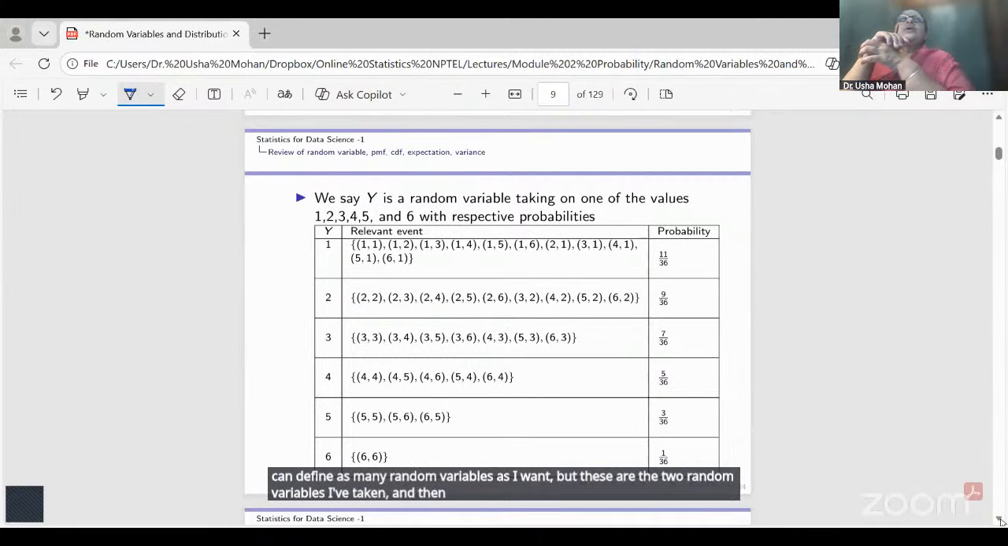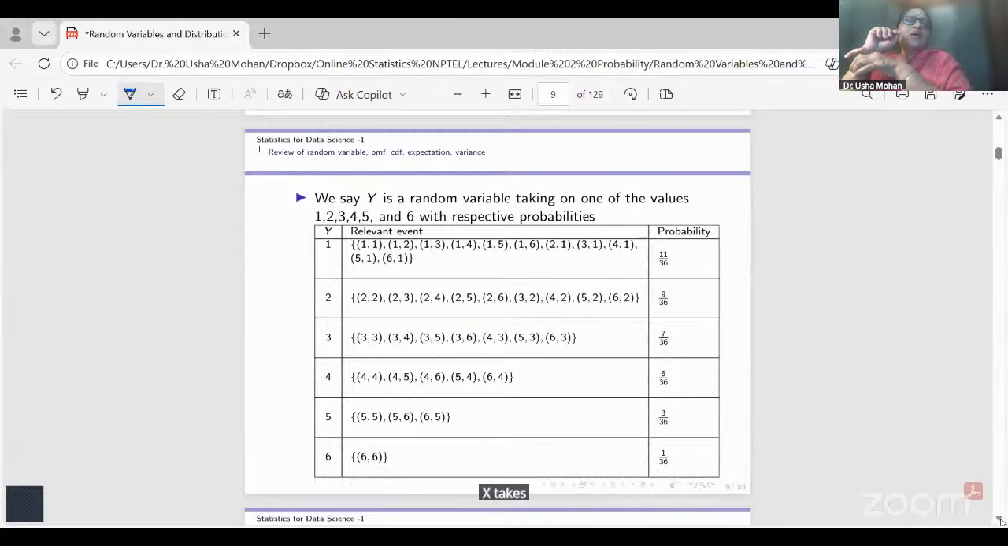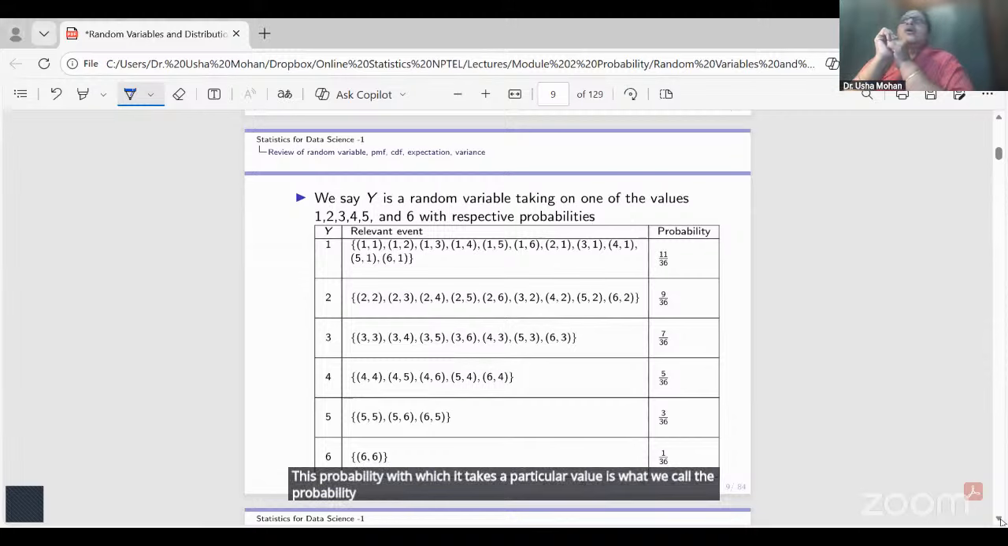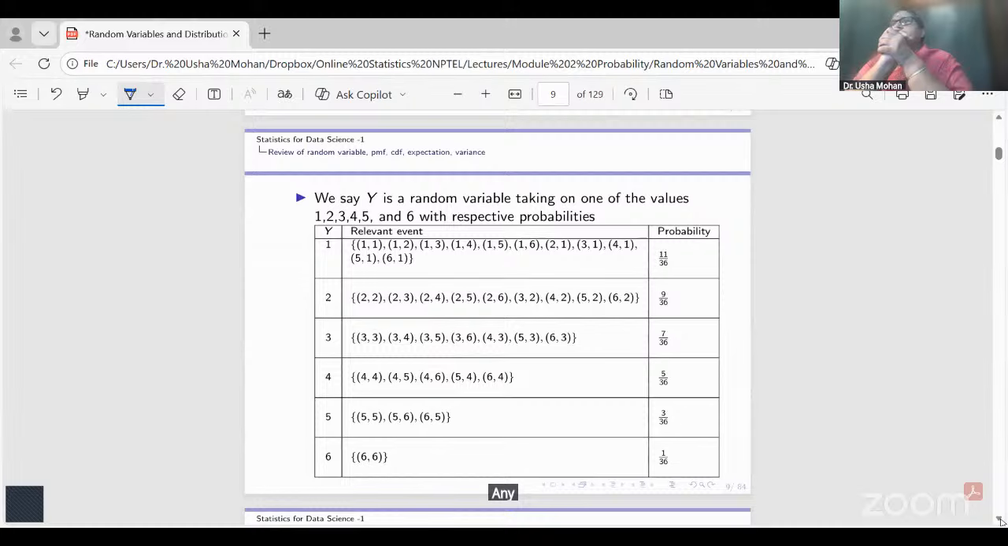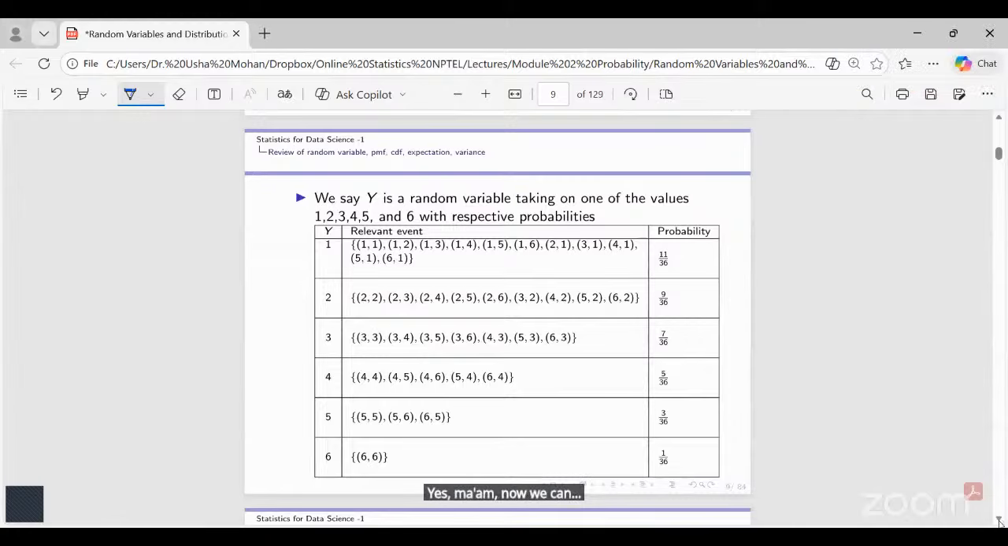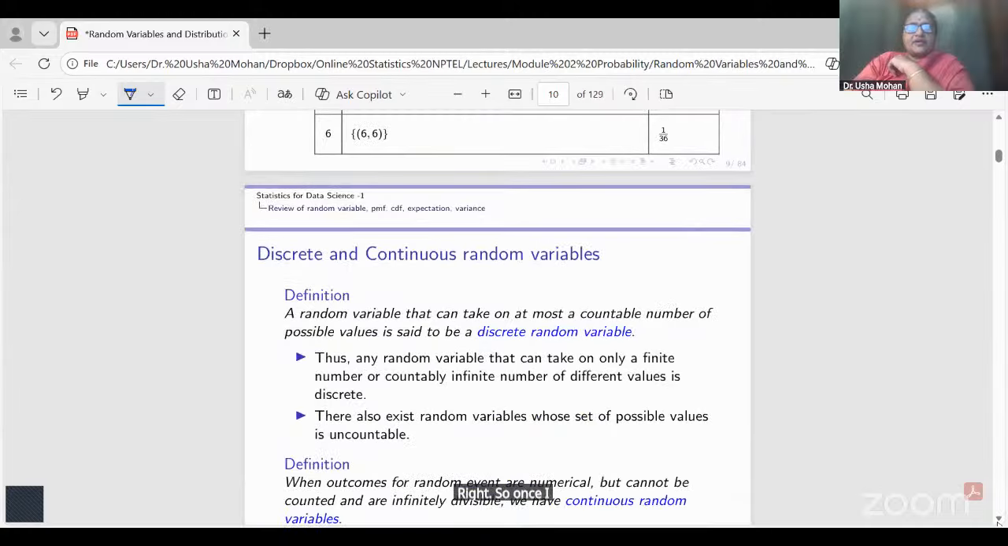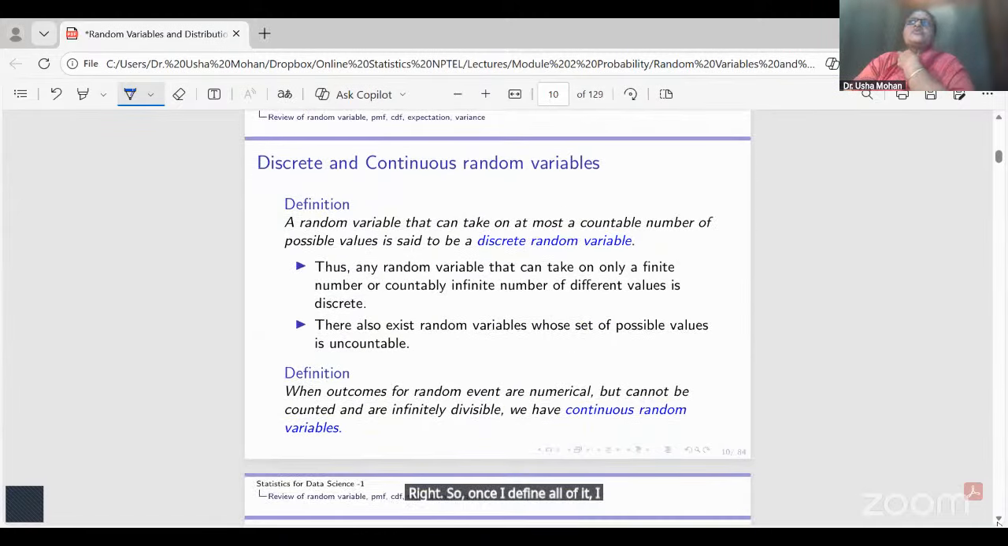And then I looked at the probability with which x takes a particular value and y takes a particular value. This probability with which it takes a particular value is what we call the probability distribution of the random variable. Any questions still here? Is this conceptually clear? Yes, ma'am. Okay. So once I define all of it, I now go back to define what is